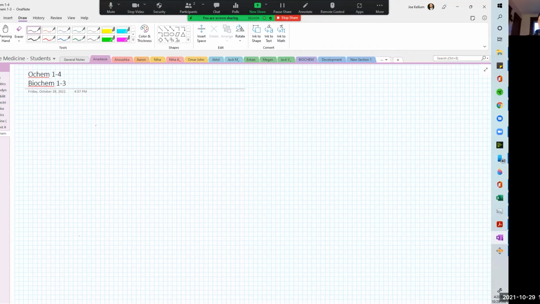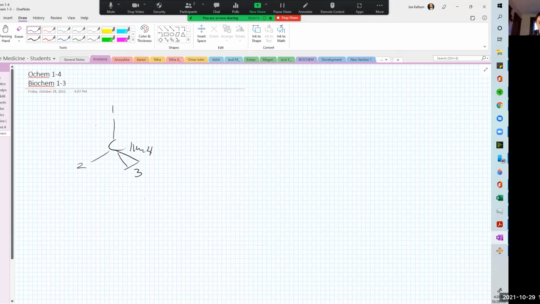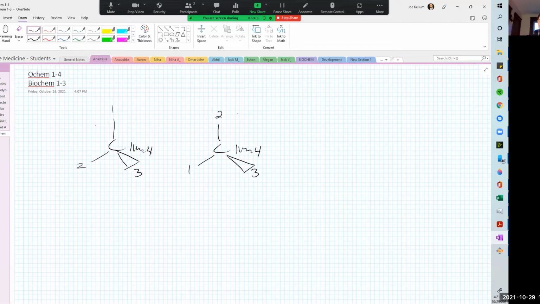Yes. Yeah, because to be chiral, you just have to have, I'll just draw a central carbon with 1, 2, 3, 4 things around it. And if that's chiral, then it would have a configurational isomer that might have 2, 1, 3, 4, like that. And so they both have to be chiral, versus if these were all 1, then that's not chiral. But then it's also the same molecule. So anyway,